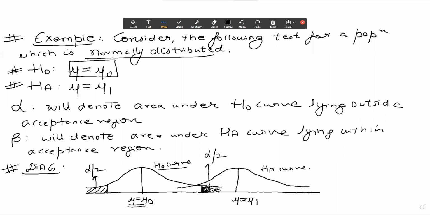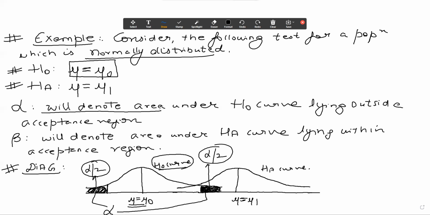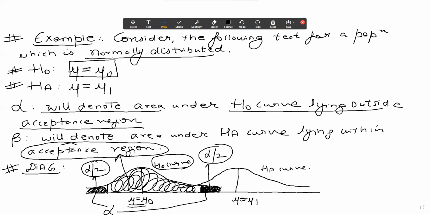So guys, look at this area which I am darkening. You are rejecting it because it lies in the rejection region for the H0 curve, but it should be accepted because it is under the H0 curve. So this area and this area, alpha by 2 and alpha by 2, together make alpha. So you can clearly see alpha will denote the area under the H0 curve lying outside the acceptance region. Guys, what is my acceptance region? This whole area is my acceptance region. And since it's a two-tailed frequency curve, in that case, you can see